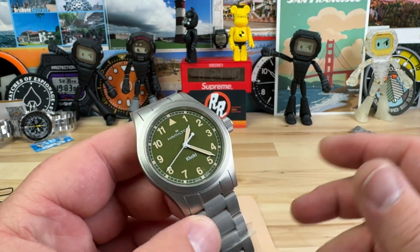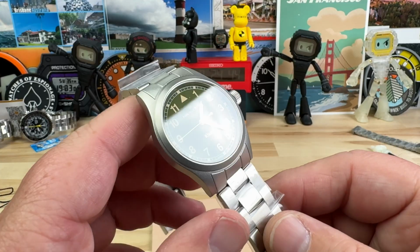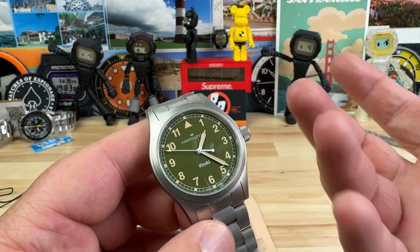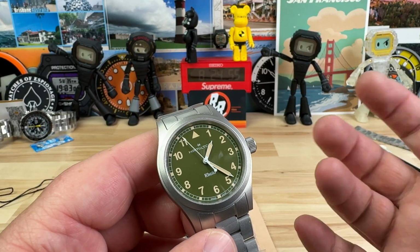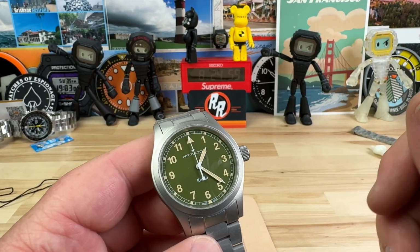Hamilton seems to be crushing it lately. They've always had a lot of great offerings, but this one here, for example, they have a bunch of other 38 millimeter khakis, but I think this Quartz one is new, or at least I had not noticed it until recently. It's not, in my opinion, the best Quartz watch out there, but it's definitely a viable option for a